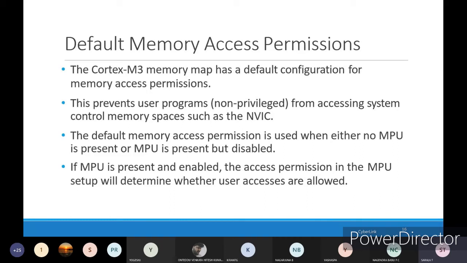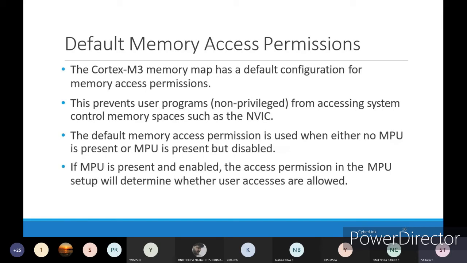Okay, if the memory protection unit is present and enabled, the access permission set up in the memory protection unit will determine whether user accesses are allowed or not. If the memory protection unit is present and already enabled, then you will have some restrictions towards the user.